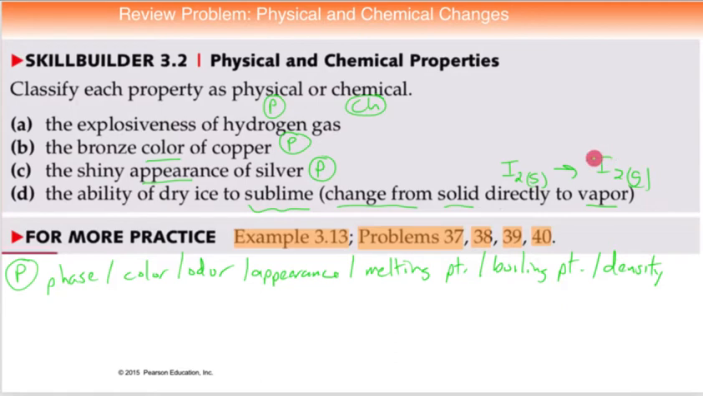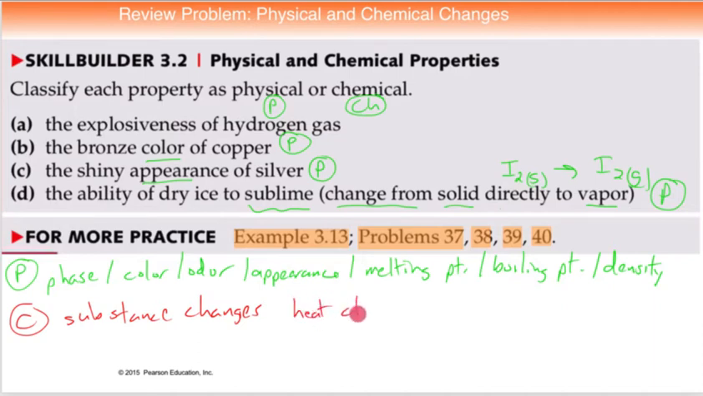Starts out at iodine, it's still iodine. So any kind of physical change is a physical property. Chemical, however, the substance changes. And we'll see this aspect in a future lab. But when you talk about chemical change, there's always some clue that accompanies that chemical change. There's a heat change, gas evolves,